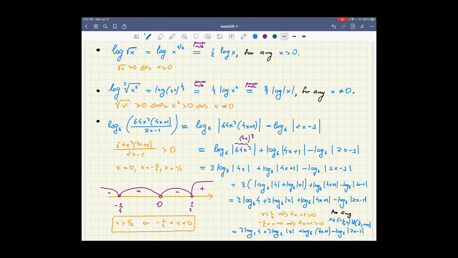Of course, if you were to require heavier restrictions, you could get rid of all absolute values. For instance, if you require that x be positive, in fact that x be greater than 1/2,